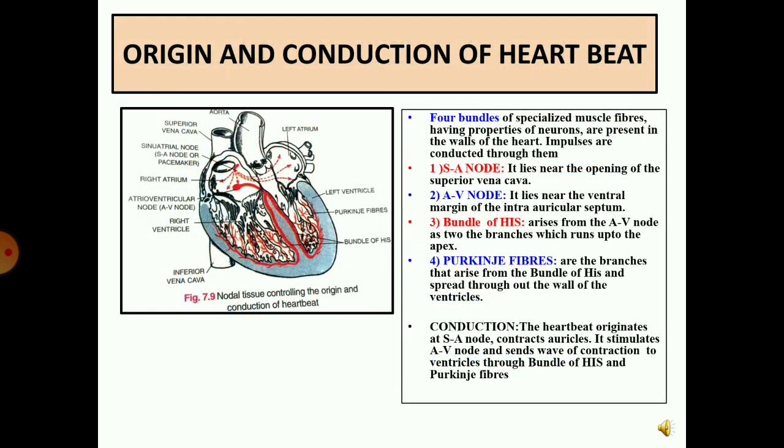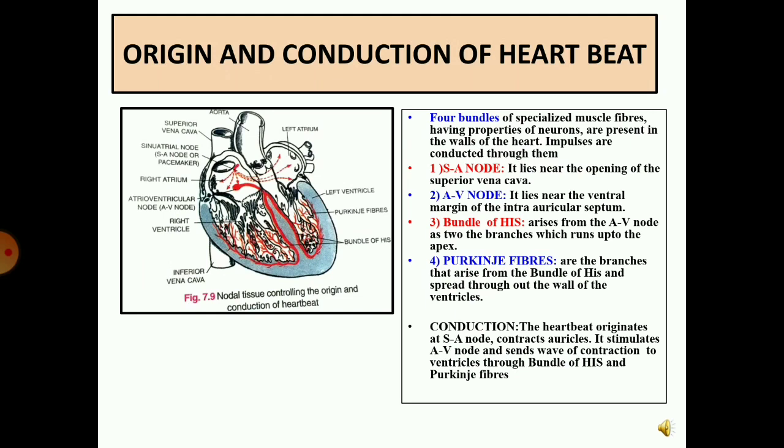Now, the question arises, does the heart contract on its own or is some other system helping in its contraction? Yes, we have the medulla oblongata which sends an instruction to the sino-auricular node which is present in the heart, and the wave of contraction begins from here. Hence, SA node is also known as the pacemaker.